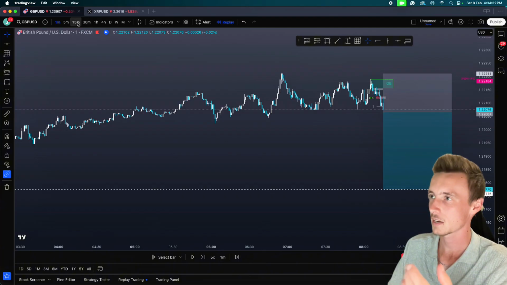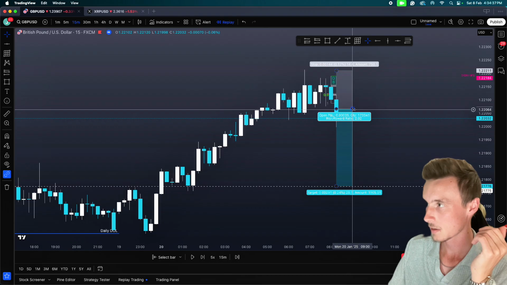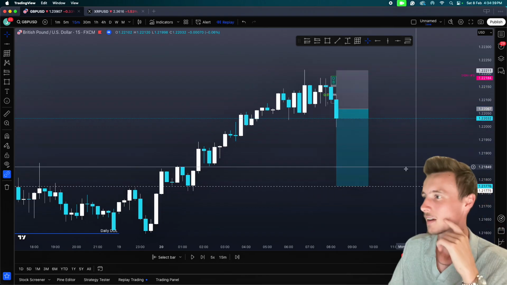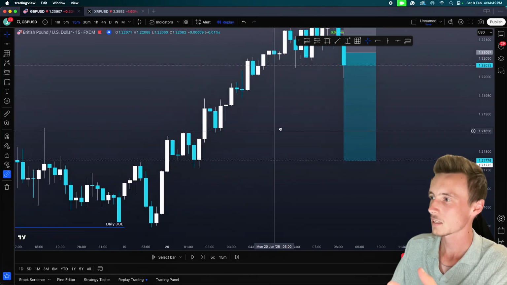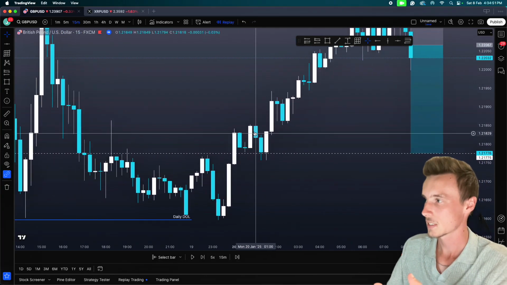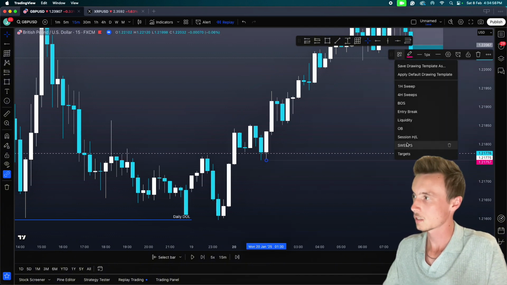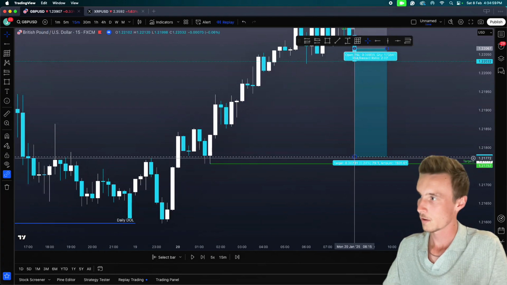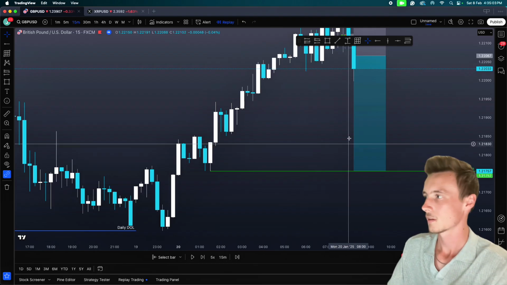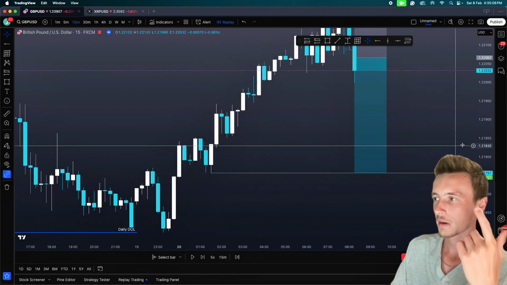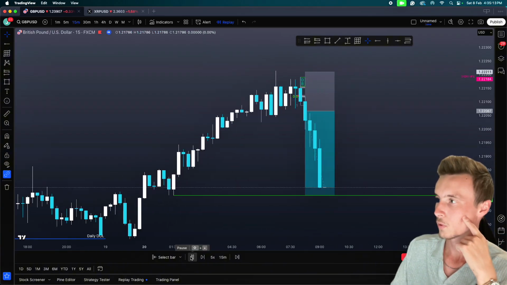Anyway, put a dotted line around the two risk to reward ratio area. That's where we're obviously going to be targeting, and we don't want to be targeting 1 minute liquidity. I like to move on to the 15 minute, at least the 5 minute even, and then basically where that 1 to 2 risk to reward is, I take a look at past price action, and as we can see, there is some resting liquidity at this 15-minute low just here. So this could become a target point for me, moving my target to that area, getting rid of that. This could potentially become my area of interest, being the target,